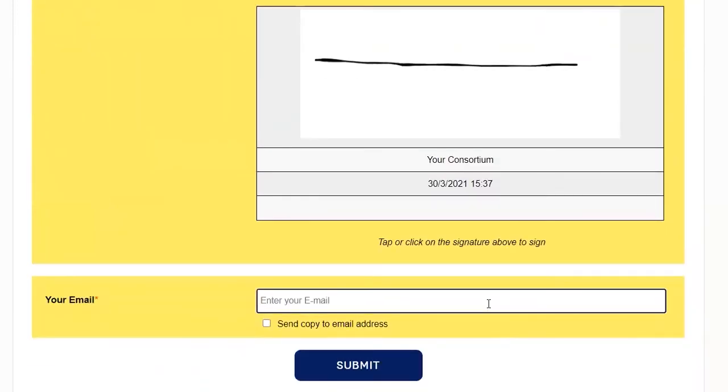Now here you will put your email address. That's just to confirm that you as a tutor or staff member have an email address that could be contacted if there are any issues with the form. And what that means is the way that we correct errors on the form is that I can send it directly back to you to your email address to be able to do that. So you would put your email address in here. For the purposes of this training, I will just put